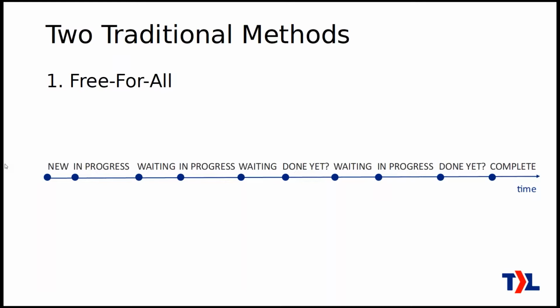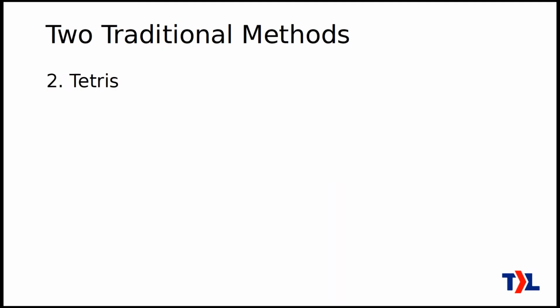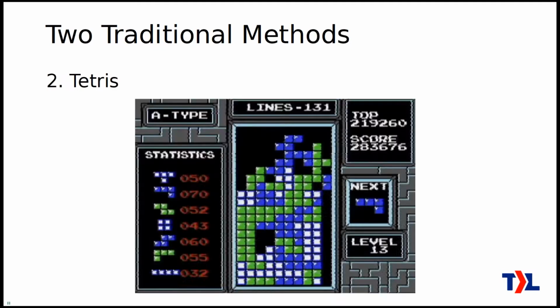The other one is kind of all the way on the other side of the spectrum. It's the spectrum of how much structure you have, where free-for-all is very little structure. The other one, I call that the Tetris method, and it's way too much structure, actually. So you all know the game of Tetris. You figure out where a block can be placed as it comes down from the top of the screen. You fit all the blocks in so they fit just right. Then the lines disappear. You get more space to work.